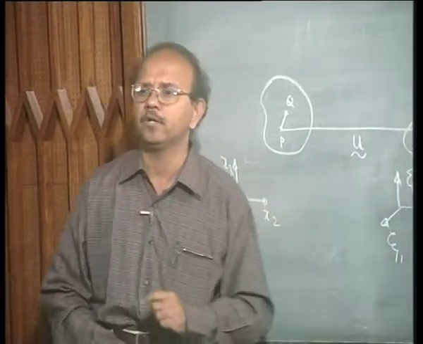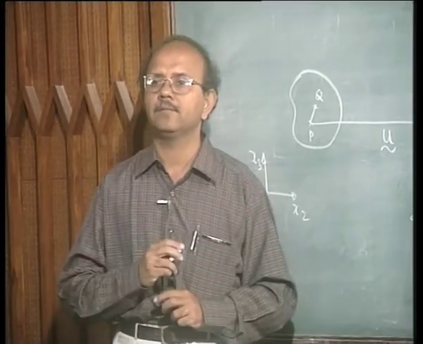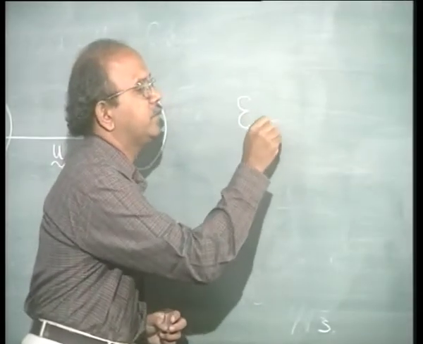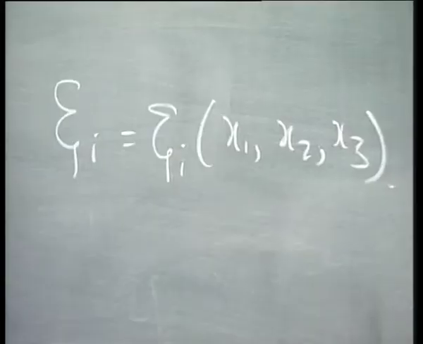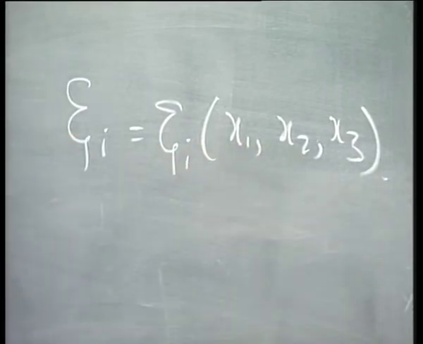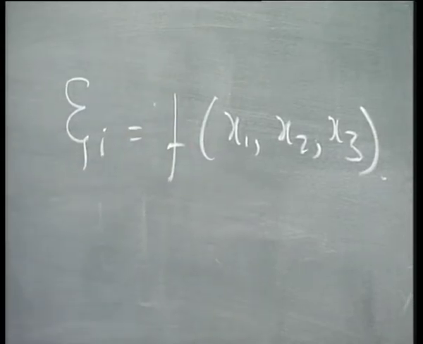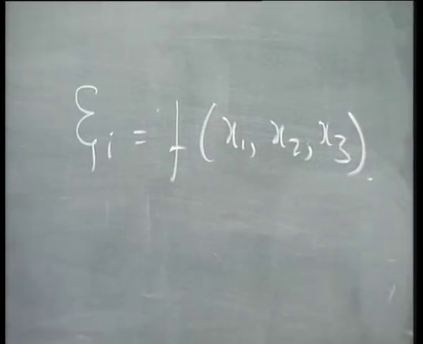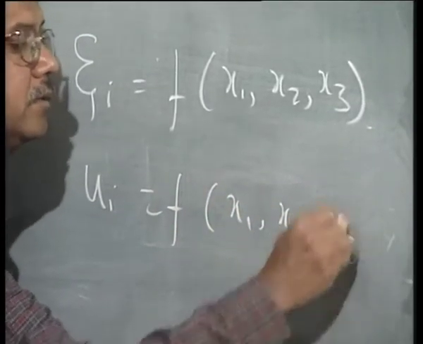Now let us say that we can write down the coordinates of the new position of the body, or the deformed body, in terms of x1, x2 and x3. Note this carefully, this is going to be slightly confusing, but I will explain. Psi i is equal to psi i of x1, x2, x3. It is customary in your earlier classes to write this as some function of x1, x2, x3, and if you want to write u also, you would write u i as some function of x1, x2 and x3 and so on.